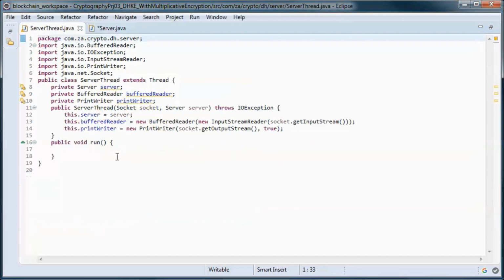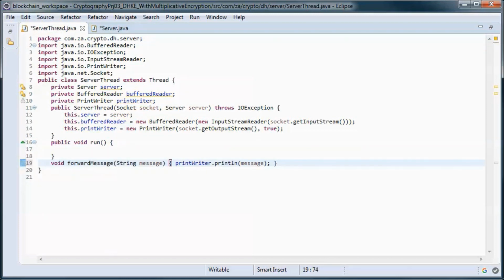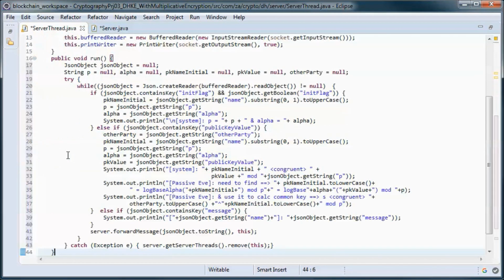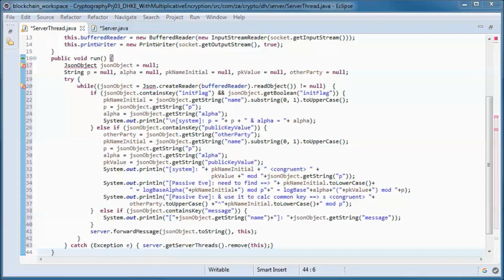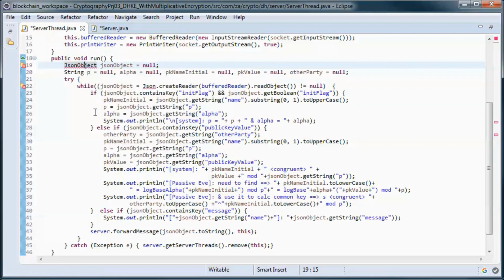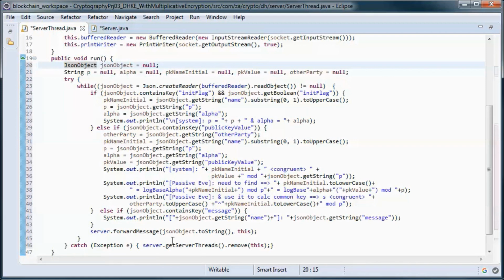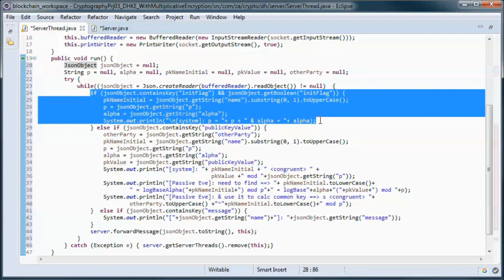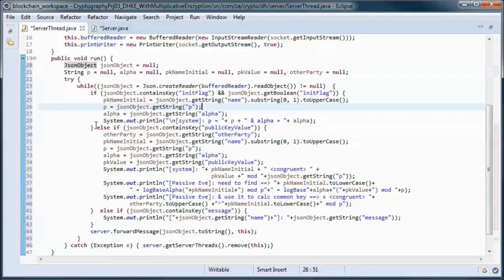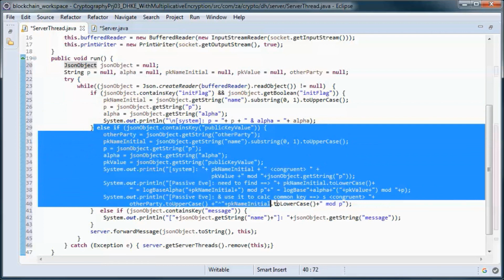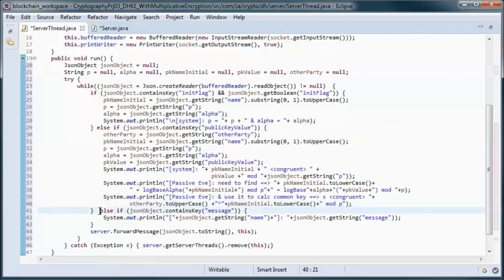Let's add this forward message method, and we will have this code in the run method, which will handle incoming JSON messages, and will open up those messages and display their contents before forwarding them to the other client.